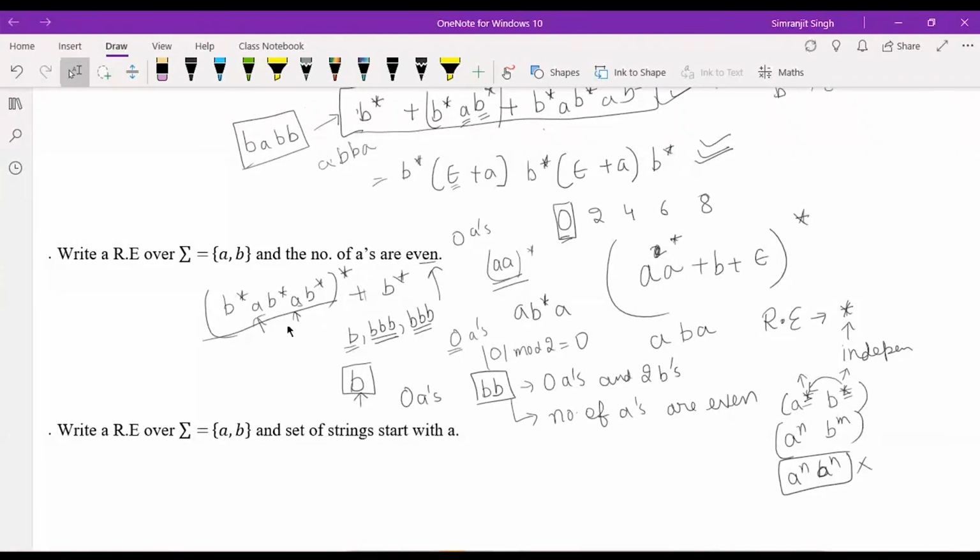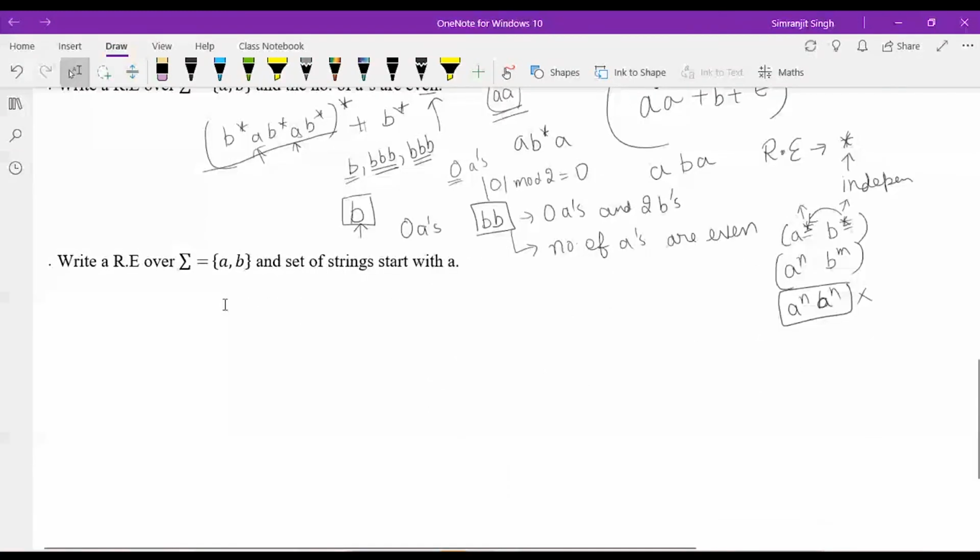Now this question is fairly basic. It just says that your set of strings starts with A. Set of strings that start with A. After that, any number of A and B, I do not need to care about that. I think you can easily do this. Please post the answer. Ishan has got the right one. Raghav has got the right one. It starts with A, and after that any number of A's and B's can come. I think you got the point. In the same way, if you say start with A, please try end with A.